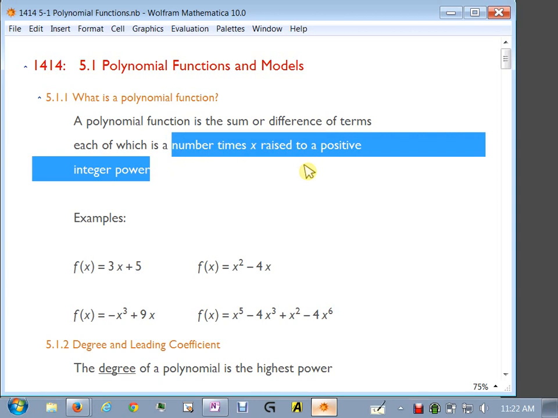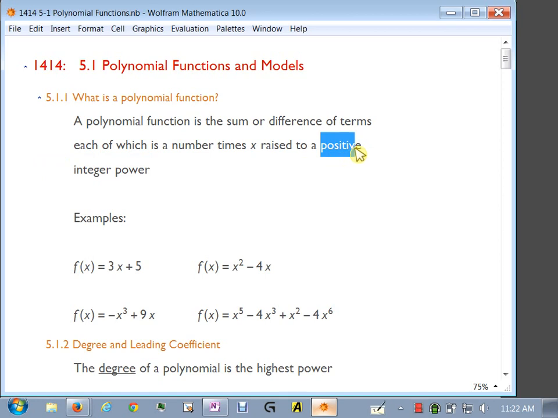Positive integer power. What is a positive integer power? You know what? I should change this. Change this positive to non-negative